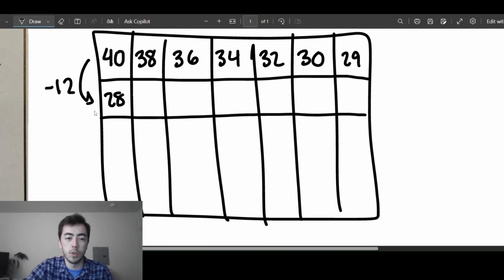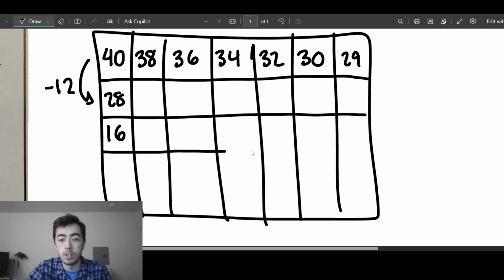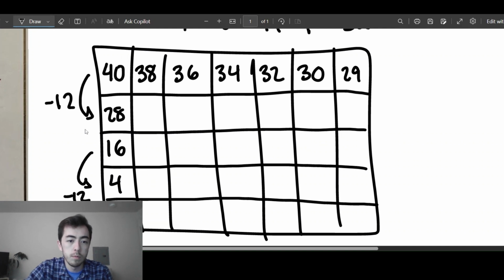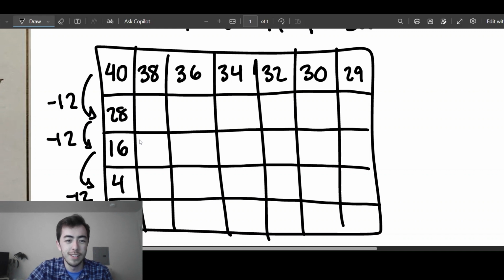I could just subtract 12 again from 28, and then I will get 16. And then we can do this one more time. We can subtract 12 again, and then we're going to get 4. So now I shouldn't subtract 12 again. He doesn't have 12 cookies. Oh, there we go. I should put in another minus 12 there. Okay, so he has 4 cookies on Sunday, and so he'll eat 2 on Monday, and then he'll finish them